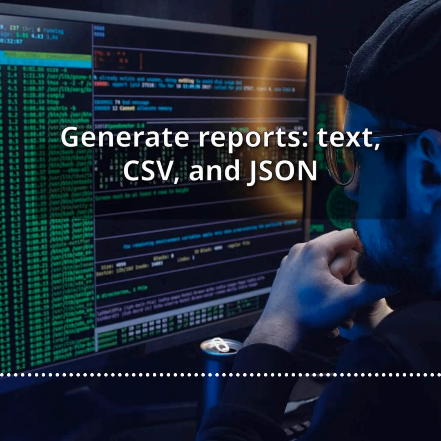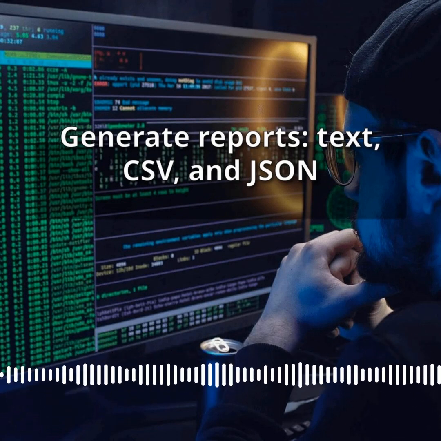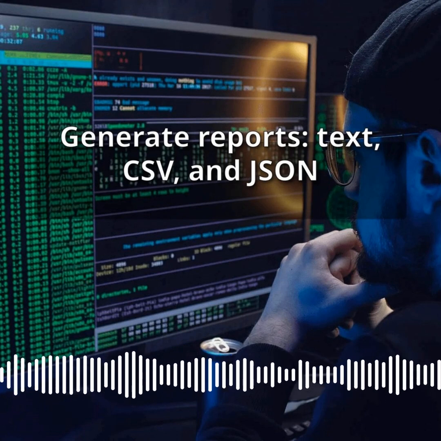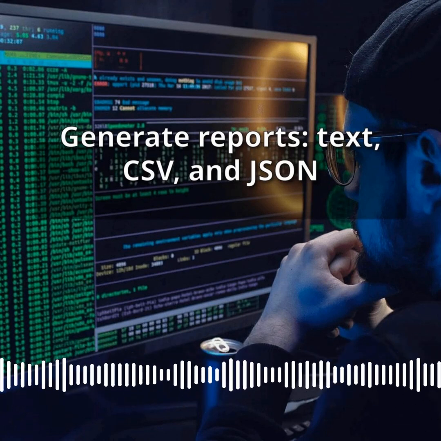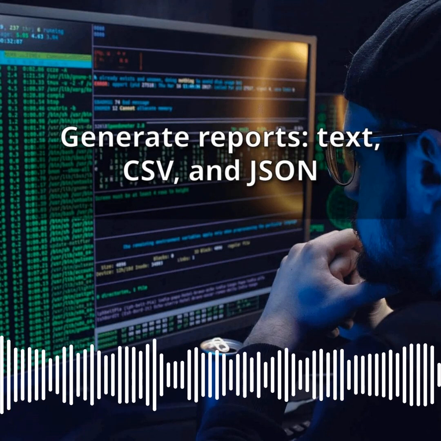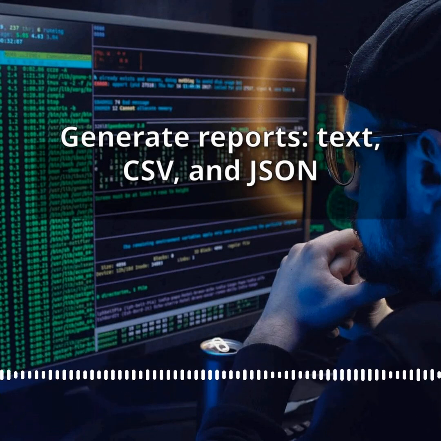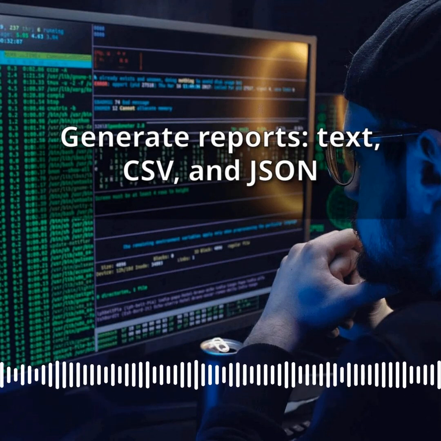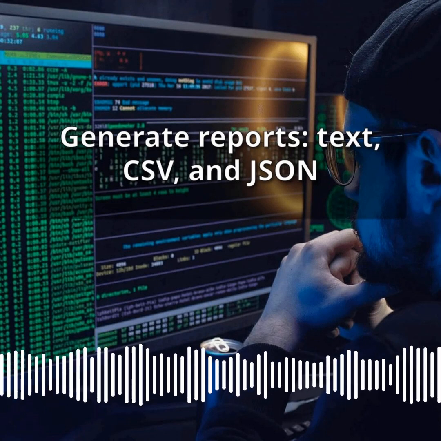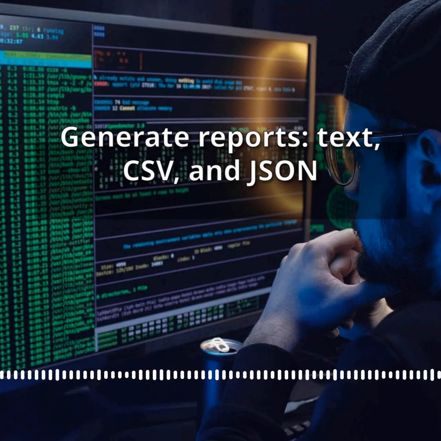import json. results = {"scan_date": "June 1, 2024", "target": "192.168.1.1", "open_ports": [{"port": 22, "service": "SSH", "status": "open"}, {"port": 80, "service": "HTTP", "status": "open"}], "closed_ports": [{"port": 443, "service": "HTTPS", "status": "closed"}]}